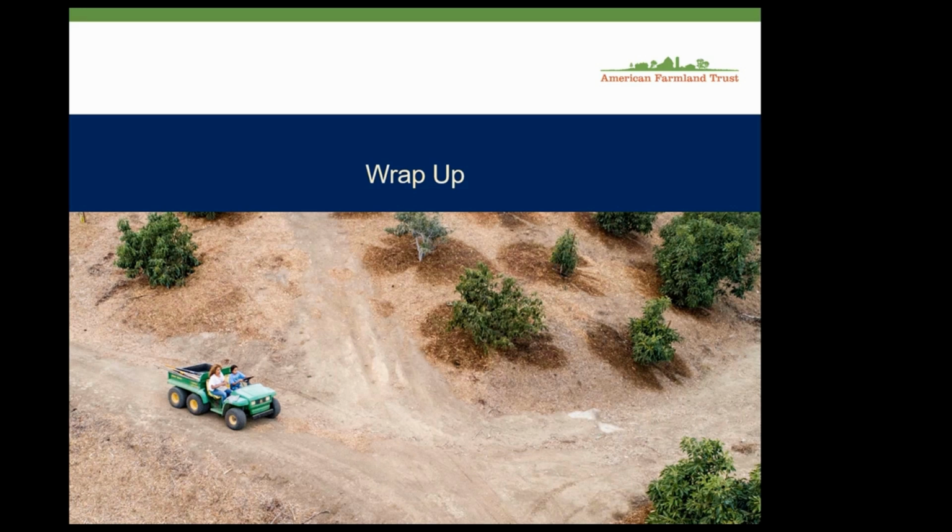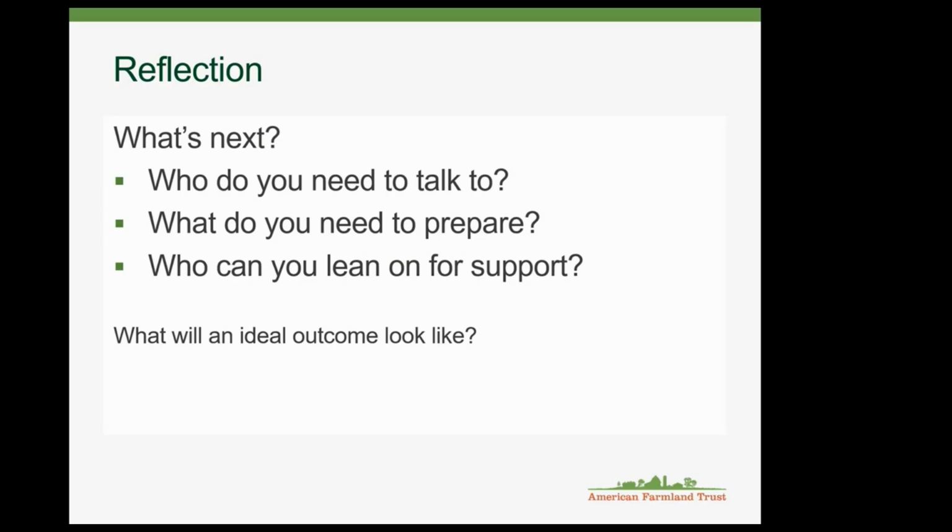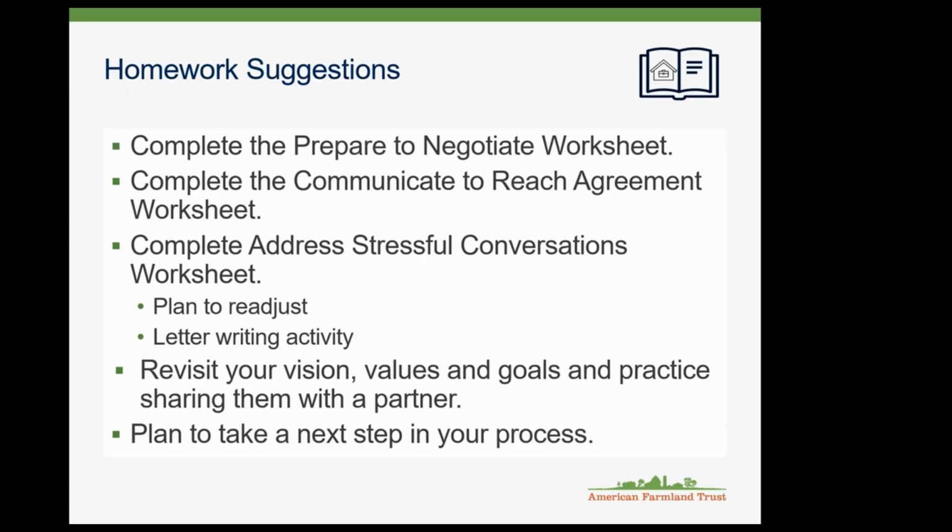Look back at the Prepare to Negotiate worksheet, page 5. There's a timeline. You can write down some thoughts there. There's also a basic checklist to help you think about preparing for the next steps. You may want to finish or come back to some of the worksheets we worked through today. We didn't cover it in the session, but in the Address Stressful Conversations worksheet, there's a letter writing prompt to